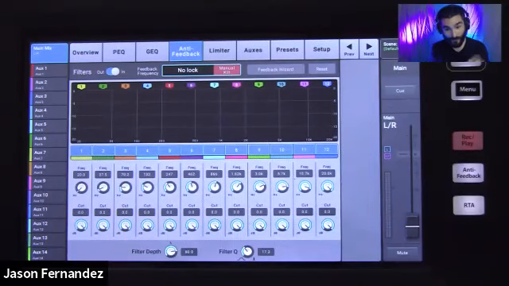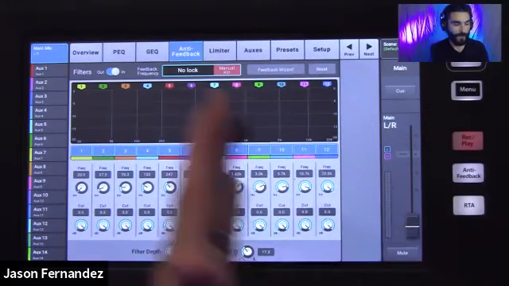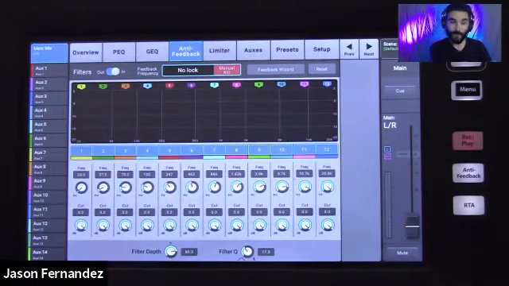Not only that, but the feedback wizard also helps you control feedback throughout the entire event. So you can use it to initially ring out your room, and you can use it to kind of maintain that stability throughout your performance. And on the TouchMix 30 here, we're using 12 tunable notch filters to do this. And on the 8 and 16, you have 8 notch filters to do this. And this is available on every single output. I've got it on my main here, and I've got it on any of my auxes. So you can run this feature on every single output independently.